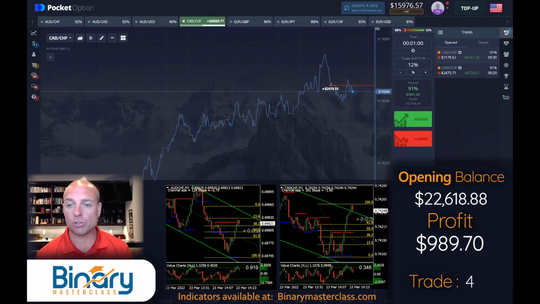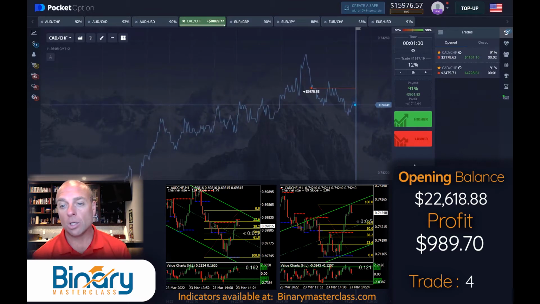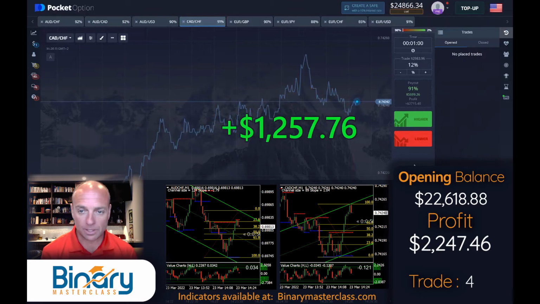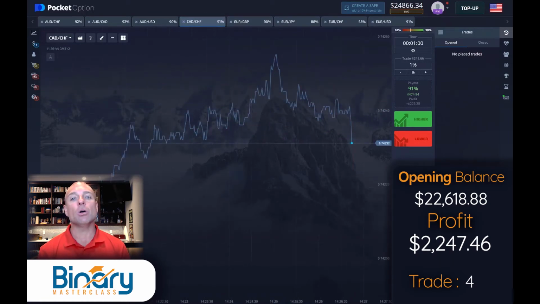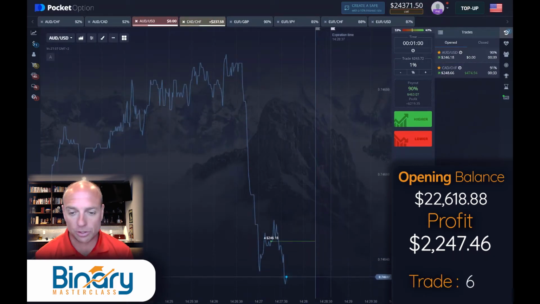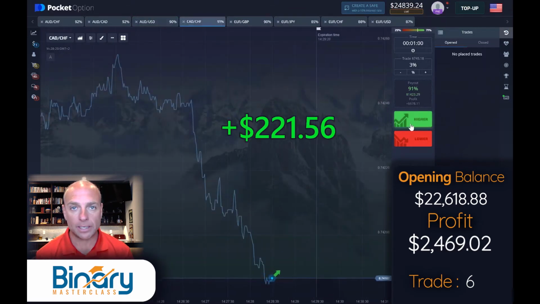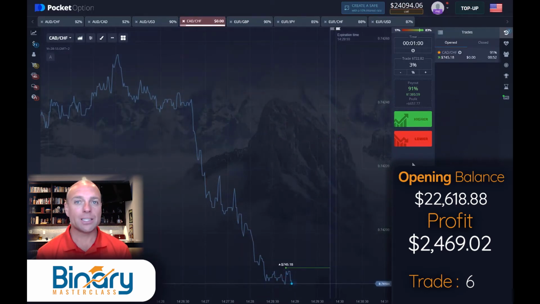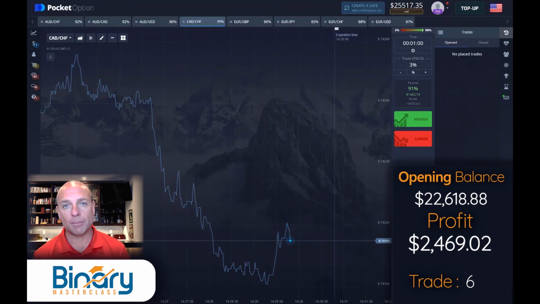Our CAD franc sticks around at the support for 30 seconds or so, but then does move through that support and more cleanly into the money for us, meaning we win this fourth entry, and in doing so, we're actually profitable for the series. Even though we lost 3 out of the 4 trades in that sequence, we still made money on that sequence. So you don't have to win every trade in order to make money in binary options. You have to have a plan, though, that allows you to win 60% of first entries and still make money. And we have that plan.